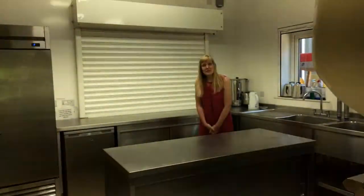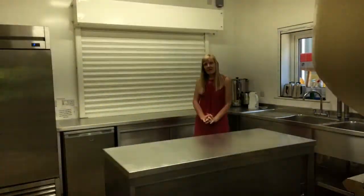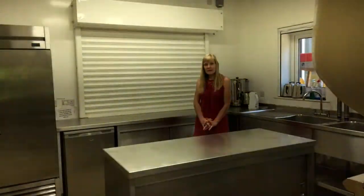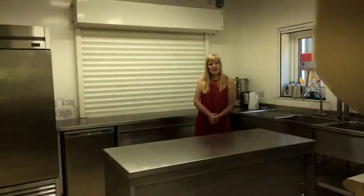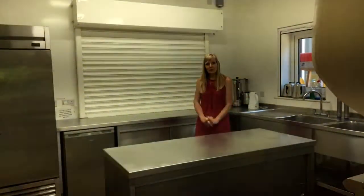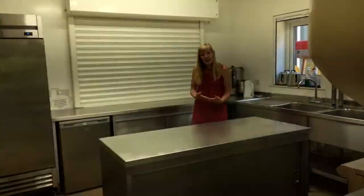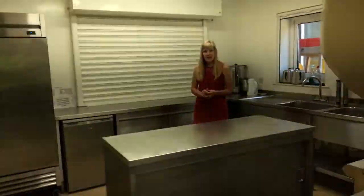When the trustees were researching building the hall, obviously they looked at all different options. We were very fortunate again to have some caterers in the village who helped and advised. With anything electrical, gas, we tend to use our local village people, which is lovely and it makes a lovely community feel for the village. The caterers advised us to go for a commercial kitchen that would stand the test of time,